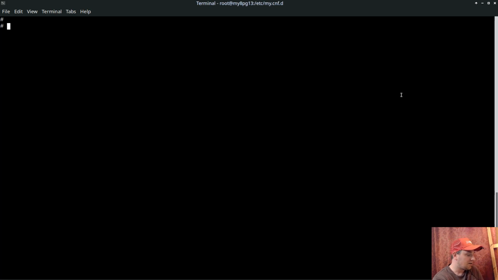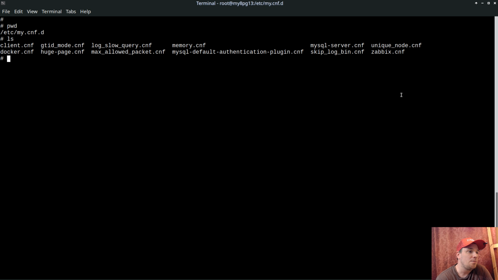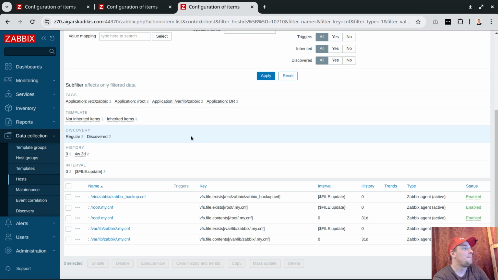The use case I'm sharing is how to back up, for example, my SQL tuning. Here in this directory, I'm running the zabbix.cnf file. Inside that file, something important like hosts, and let's do the backup of that file. So how to implement the snapshot of that configuration file? I will copy this to the clipboard, open the front end, and